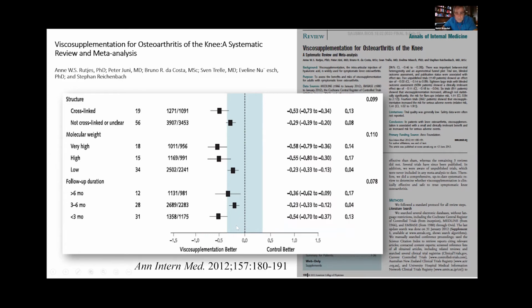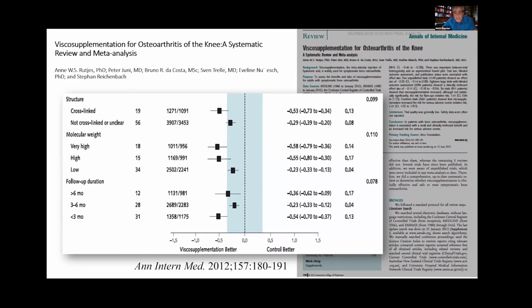So if you see my cursor, this blue zone is what they call the threshold for what they're calling a minimal clinically important difference. Now, in their own paper, in one of their subgroups, they actually showed situations in which the average effect and the 95% confidence interval were to the left of that minimal clinically important threshold, which would mean that it was both clinically important and statistically significant.